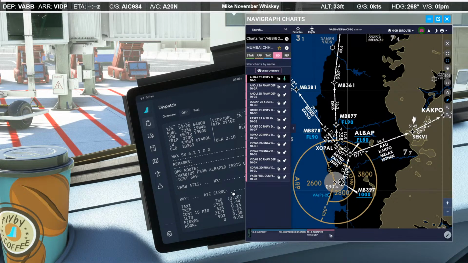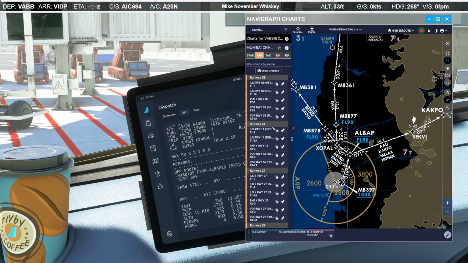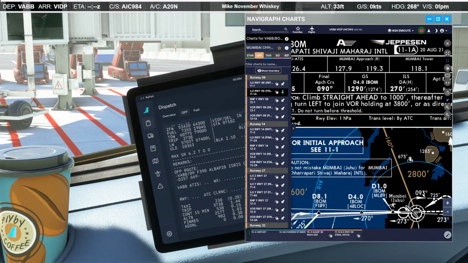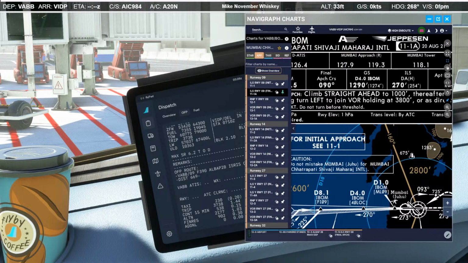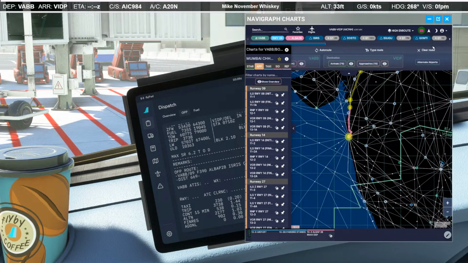Okay, so we'll deal with the rest of the plan for descent and arrival when we're in the air. But while we're here, I'm just going to pull the ILS chart for runway 9, and we'll use the missed approach procedure for our emergency procedure. But I think just for expediency, because of the time we lost, I'm going to skip the missed approach briefing tonight. Okay, so we'll close that chart.